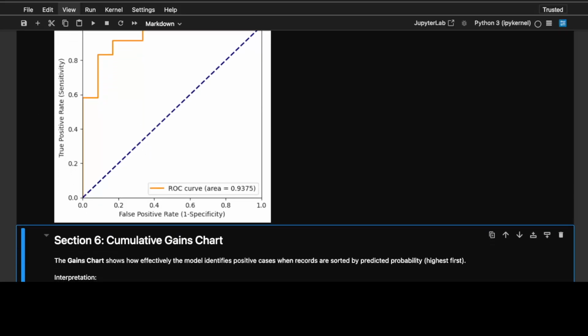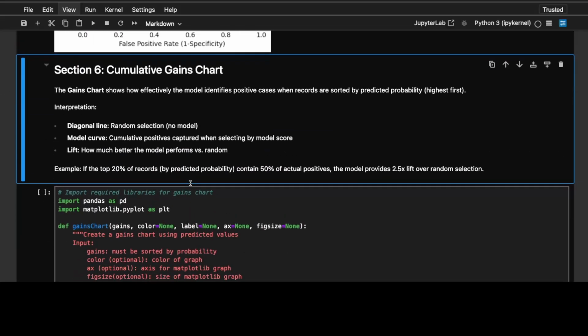Now moving on to the next portion here, which is a cumulative gains chart. The gains chart shows how effectively the model identifies positive cases when records are sorted by predicted probability with highest first. Again, the interpretation is the diagonal line would be the random selection where there's no model. Model curve is the cumulative positive captured when selecting by model score, and lift is how much better the model